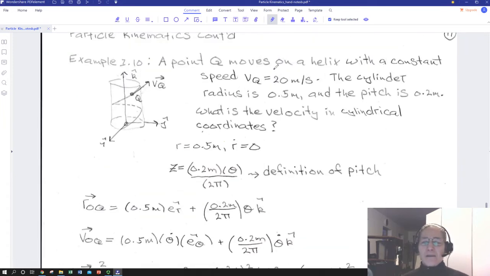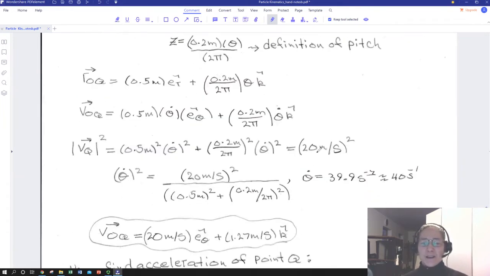So our speed of 20 meters per second, if I square that speed, that's going to be the sum of the squares of the 0.2 meters over 2 pi times theta dot, and then theta dot times 0.5 meters. So square both of them, add them up, hey, now I have a theta dot squared in both terms that I can factor out. And so now I have a way to express the d theta dt, or angular velocity, which turns out to be about 40 per second, 40 hertz,